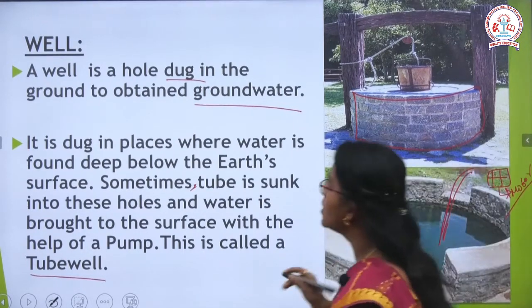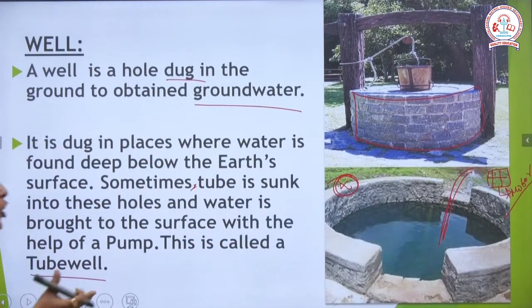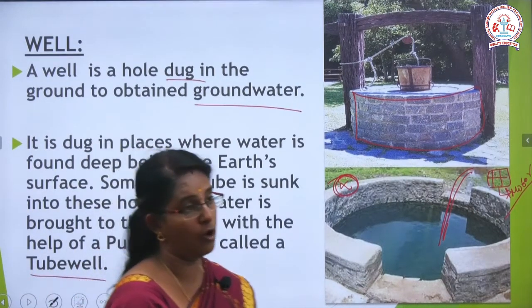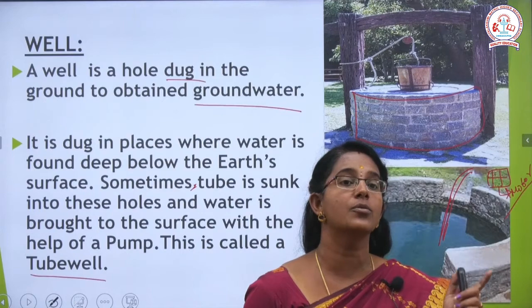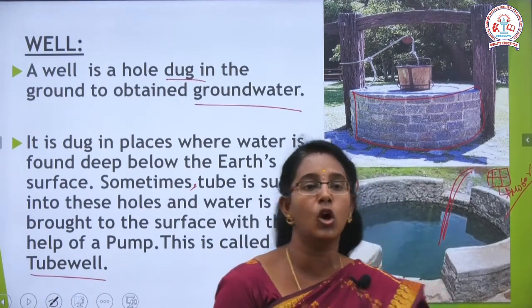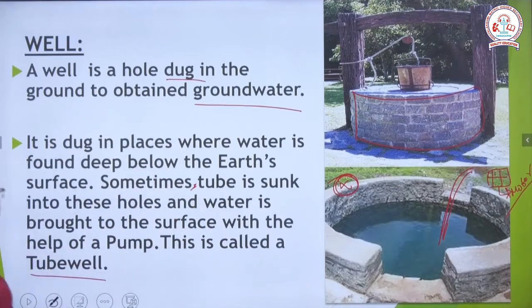So they use the motor and collect the water for irrigation, for growing crops. So they are using the pipe connection. That activity is called tube well. So it is very, very useful for farmers. Next,